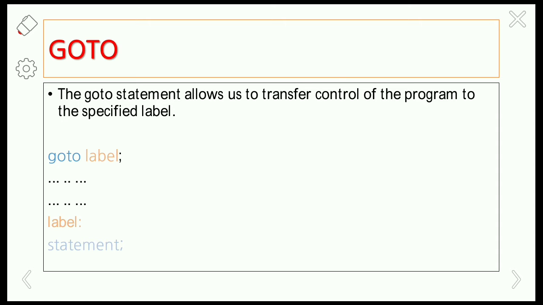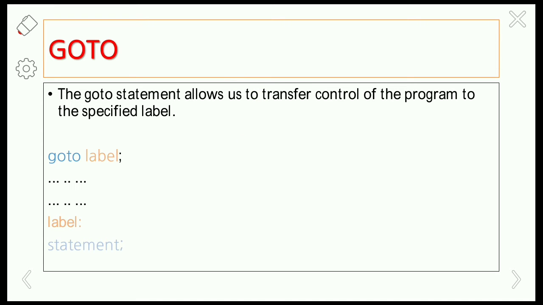That means even though there is no condition, we need to execute some set of statements in the goto statement. So the goto statement allows us to transfer the control of the program to a specified label. Okay, so here this statement is used to alter the normal sequence of program execution by transferring the control to some other part of the program.